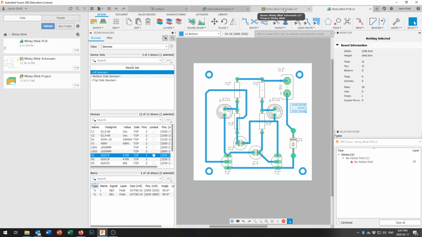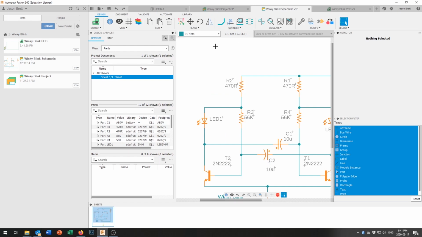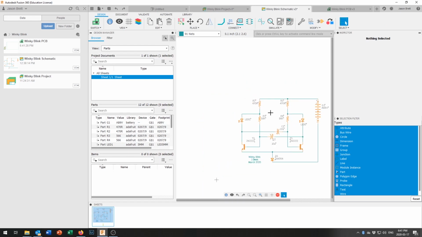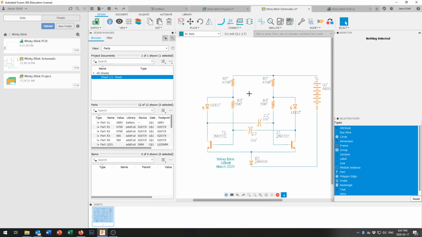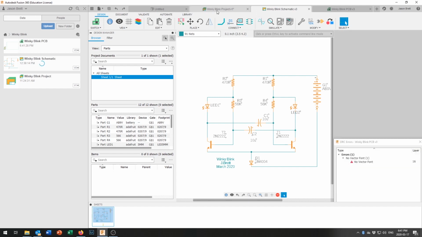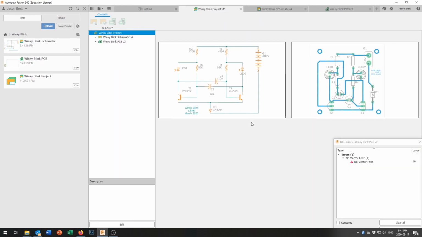There, look at that. Our schematic, okay, we should also make sure that that's saved right in here. Okay, it's looking good, and let's save that. It's still version 3, we haven't changed it. And let's come back to our project right here, and let's save that. Okay, now what's really cool about Fusion 360 with it being a cloud-based package is that you can invite people